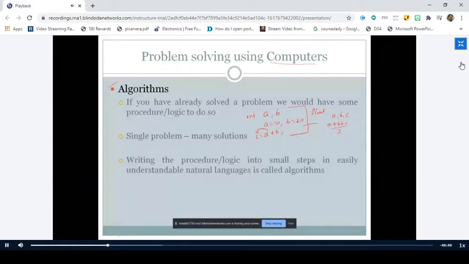So for example, take another case of adding three integer numbers a, b, and c, or finding the average of numbers. What you will do is take three variables, add them, and then divide by 3, right? So you can apply the same logic to add two float numbers, or you can extend the logic to add three floating point numbers or the average of numbers, whatever it may be, right? So the same logic can be repeated to apply to other sets of problems also. This is how the algorithms